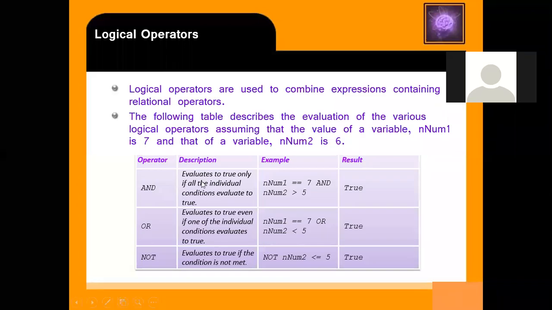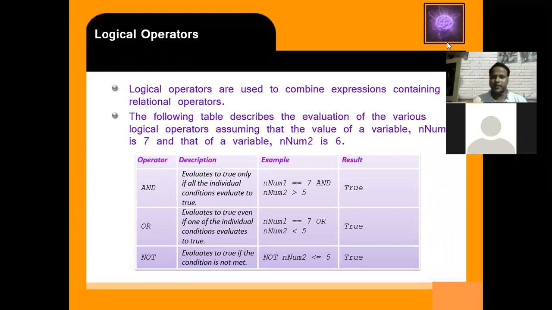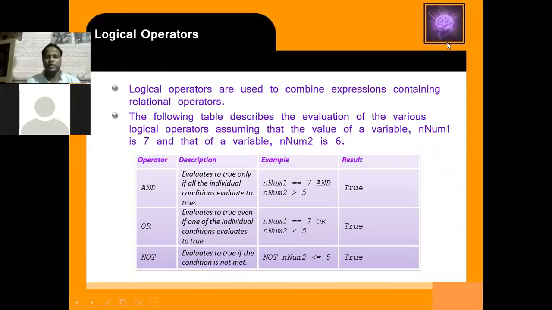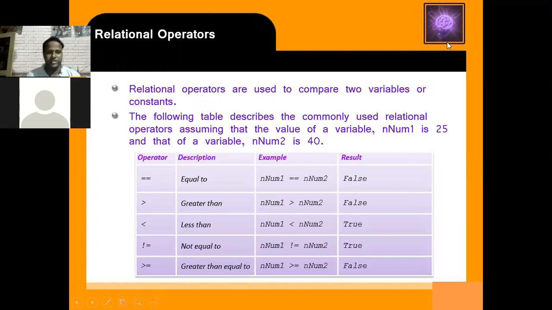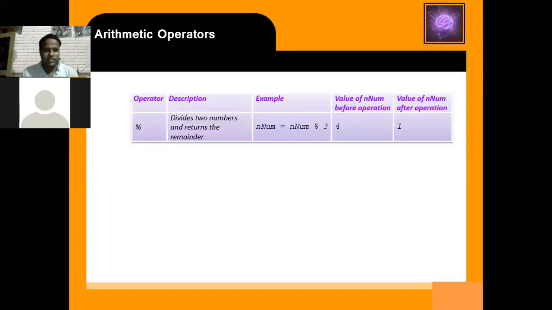In the previous class, we discussed the different types of operators present in pseudocode, like arithmetical and the relational operators. Basically, the arithmetical operator is used to do arithmetical operations like plus, minus, division, multiplication. Then this one is the special symbol that we're using. It is called the modulus operator. Okay, so remember it.